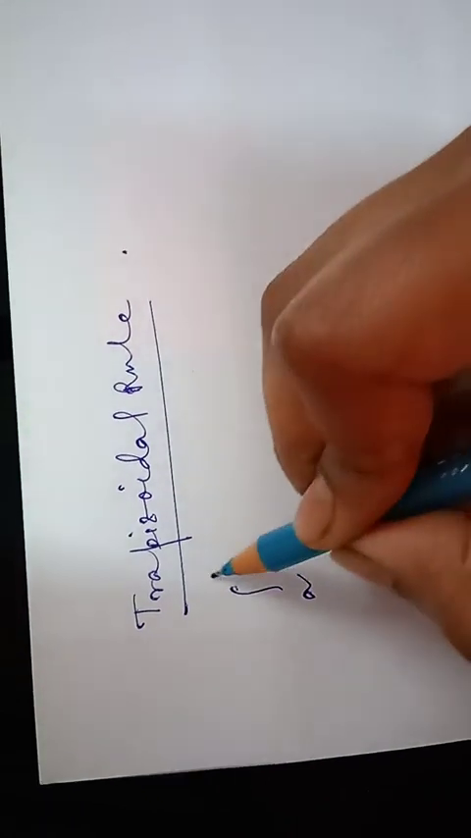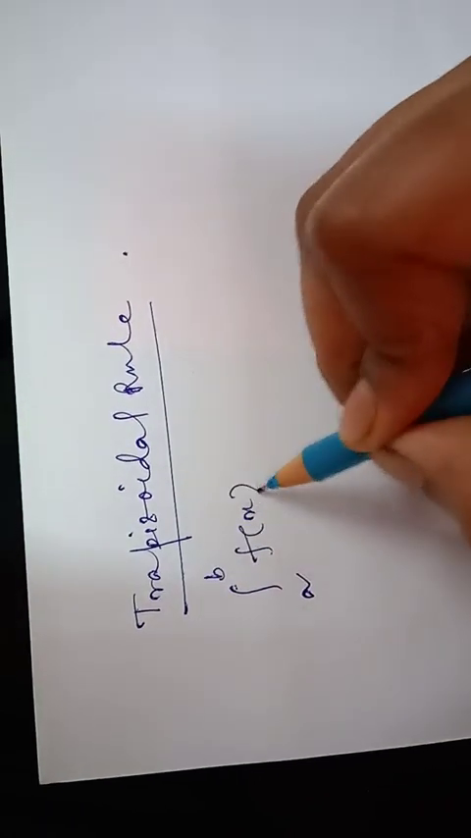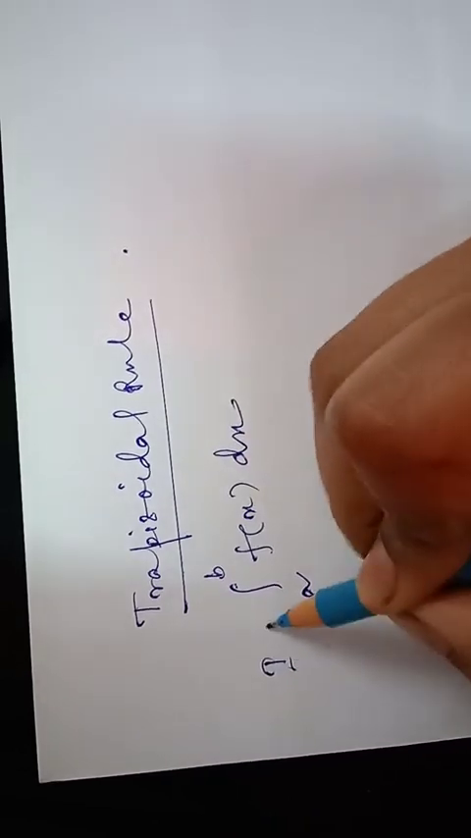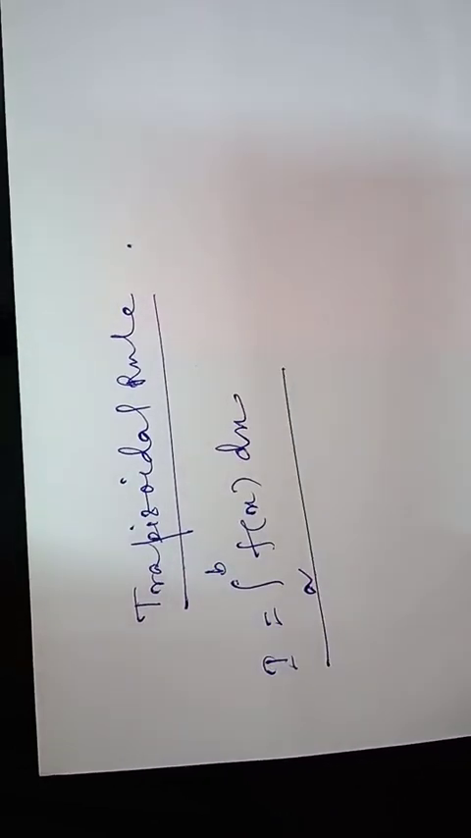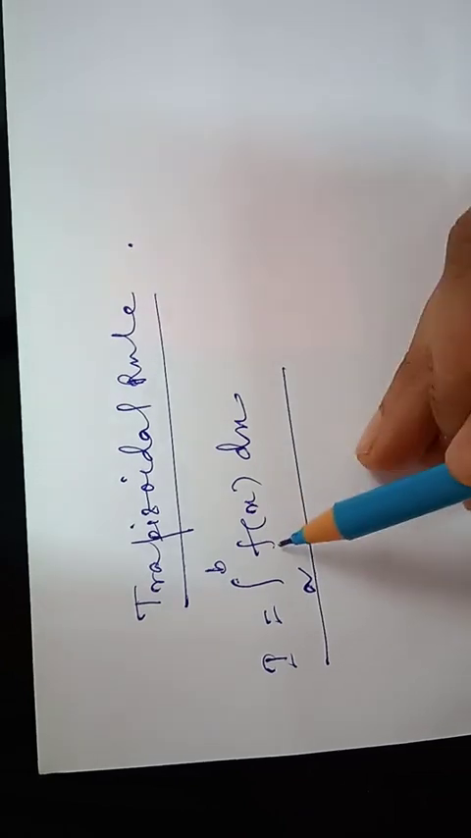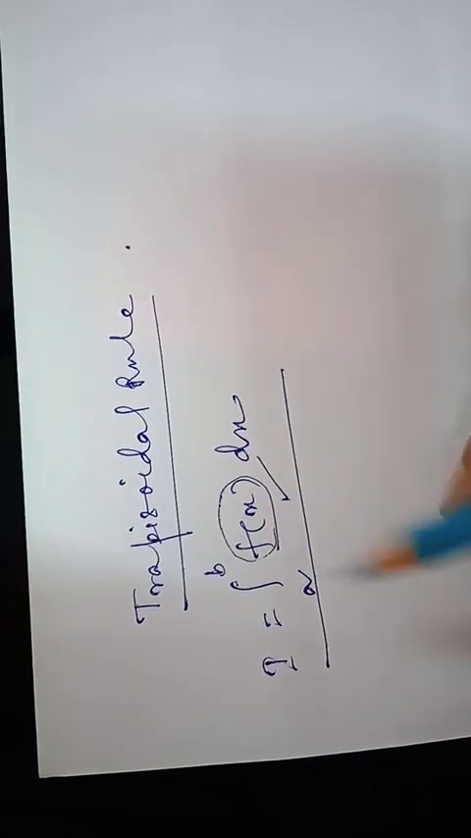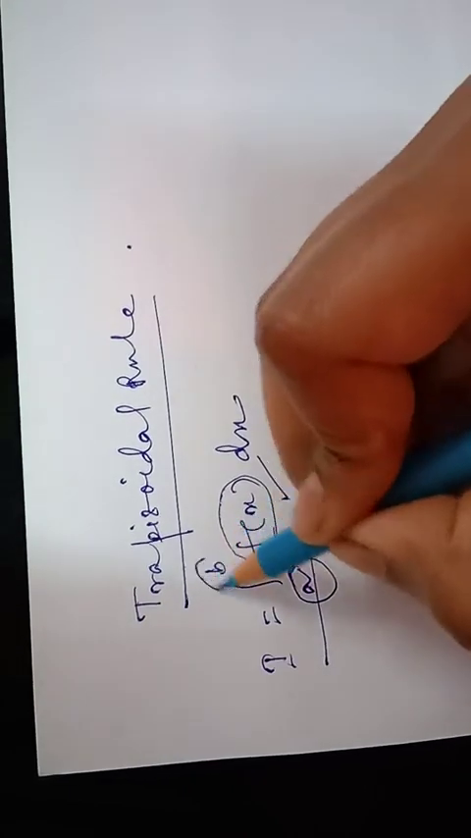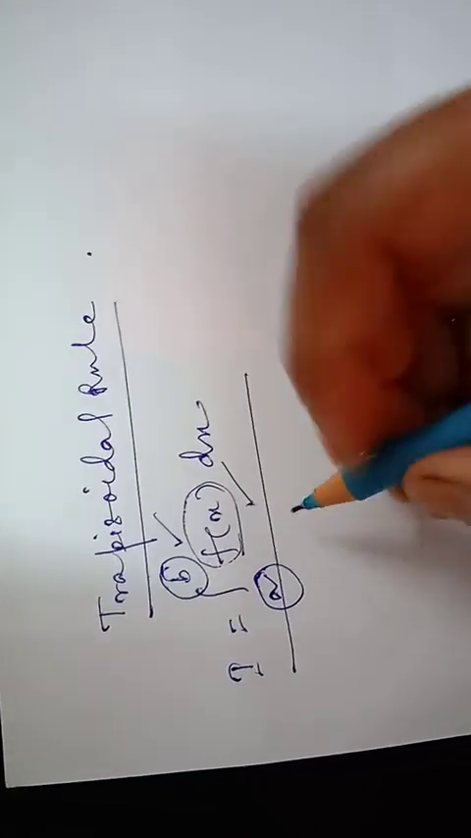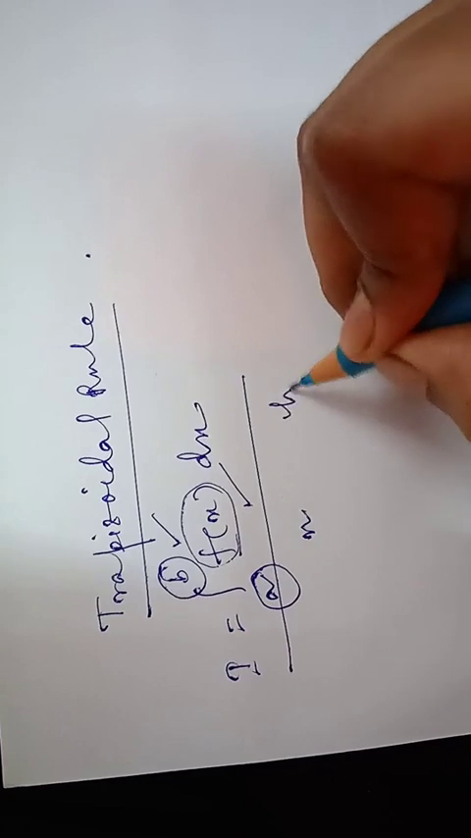Suppose the integration is from a to b of f(x) dx. Okay, I equals this. You need to find the value of that integration using the trapezoidal rule. Then the function f(x) will be given to you, the lower limit a and upper limit b will be given to you, and either n or h will be given